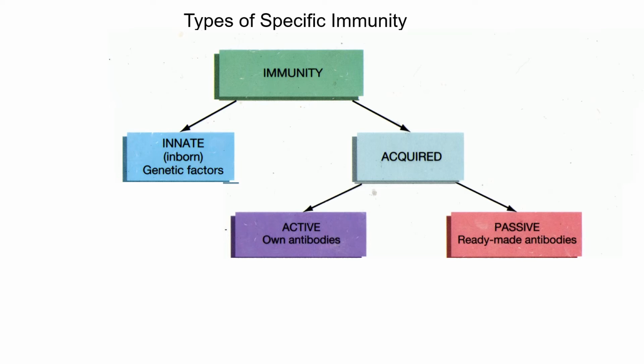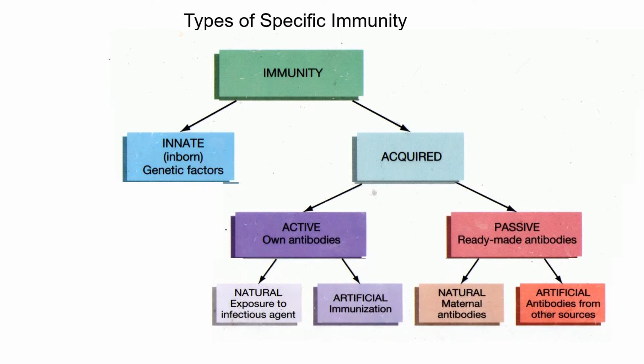Now, each of these, active and passive, can be acquired either artificially or naturally. Naturally acquired active immunity means you've got the disease and you've undergone the 6 stages. And it's key that you do all 6 because that means you've gotten over the disease. The way you get over the disease is that at the acme, your immune system has won the fight. And now you go into decline and then into convalescence. At that point, you now gain memory to this organism. And that's why you can't get the same disease caused by the same infectious agent.